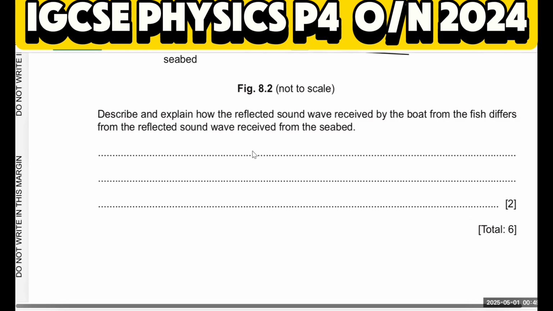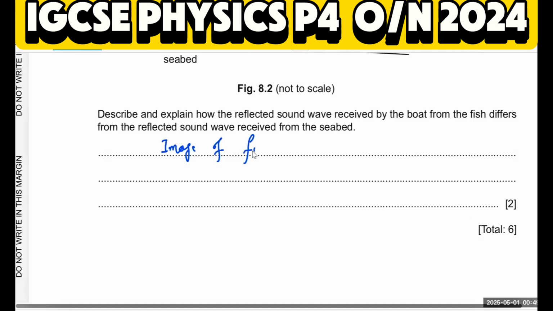So reflected waves are always weaker because they lose energy. When the wave loses energy after the reflection, its amplitude will be decreased. So the image we get on the board will be smaller because the amplitude will be decreased. So what we write, when they get the image, the apparent image, that is the fish image